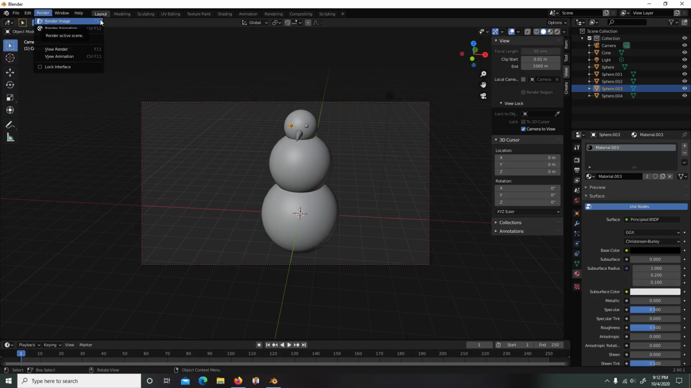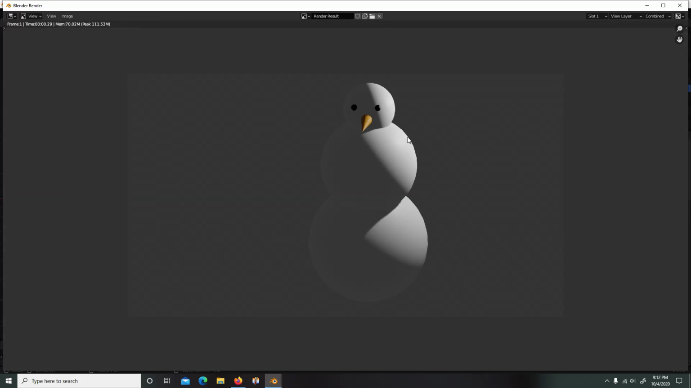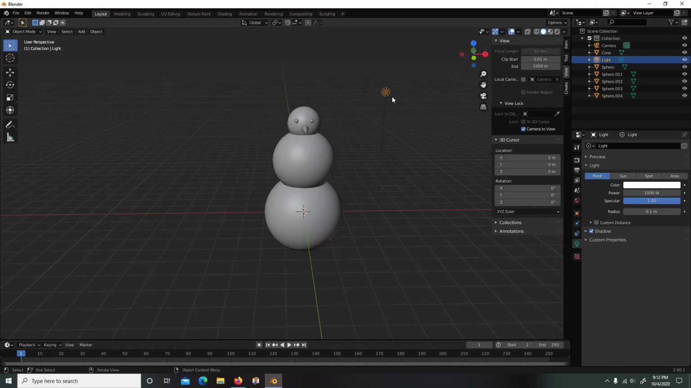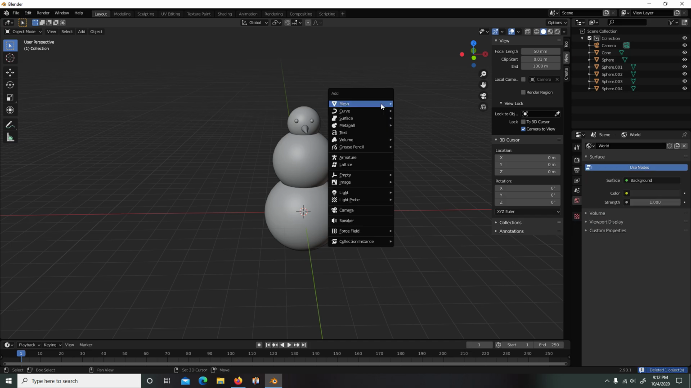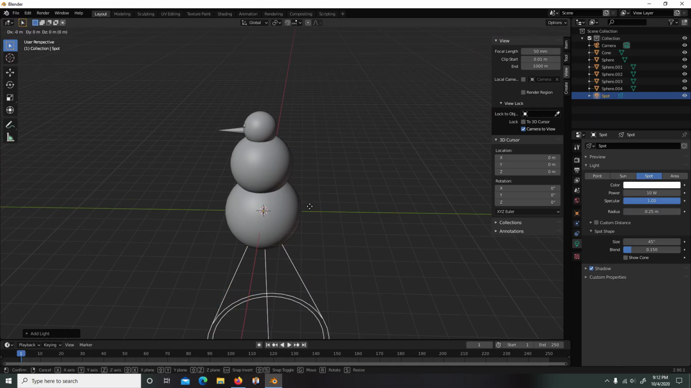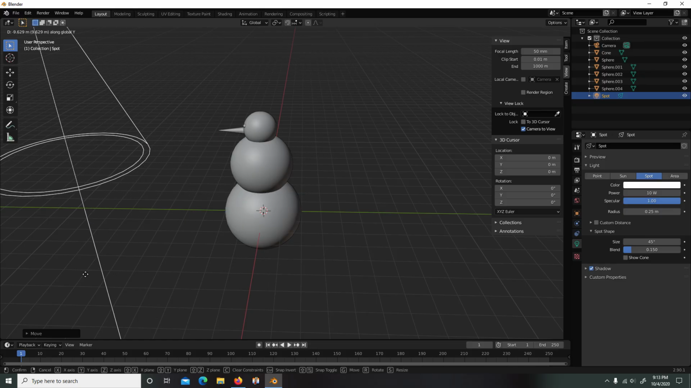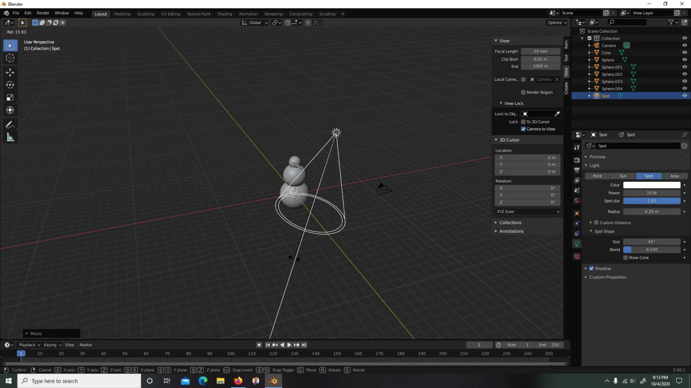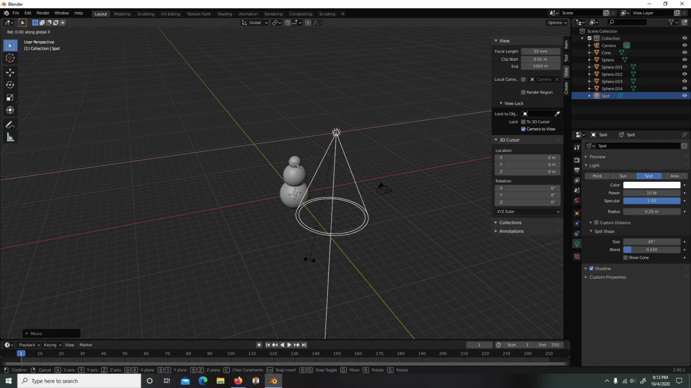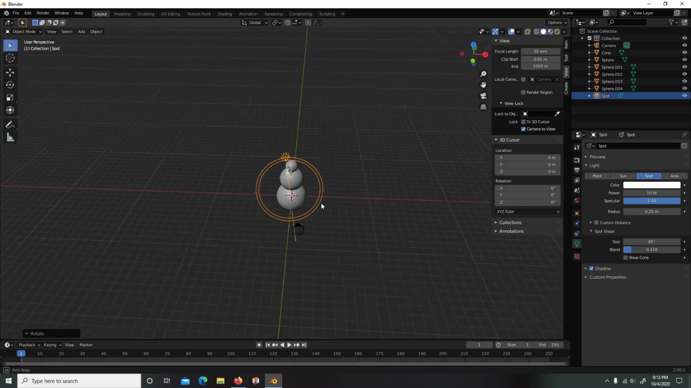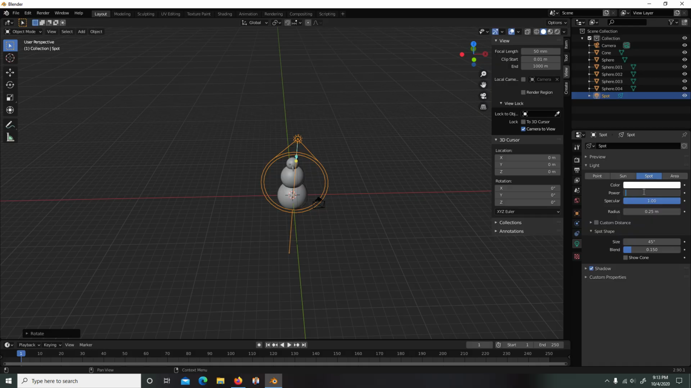or if you want to go to Render, Render Image, or F12. There we have a snowman, but the lighting's a little bit weird, and we can see the light is over here, so we don't want it over there, so just X, delete, Shift A, Light, Spot, G Z to move it up, G Y to move it, then rotate it, R X for rotate only along the X axis, like that,